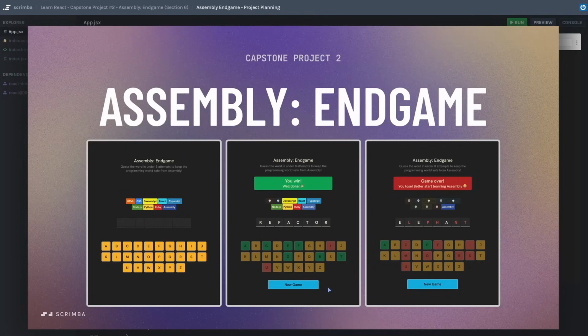Hopefully you can start to adopt a quick planning session like this into your own workflow, because I truly believe it's going to help you not only avoid pitfalls that you might not have seen otherwise, but to, in general, become a better architect of your code because you've given yourself the opportunity to plan things out ahead of time. All right, now let's take what we have just discovered through this project planning session, and now with a better overview, let's start building some pieces of this project.